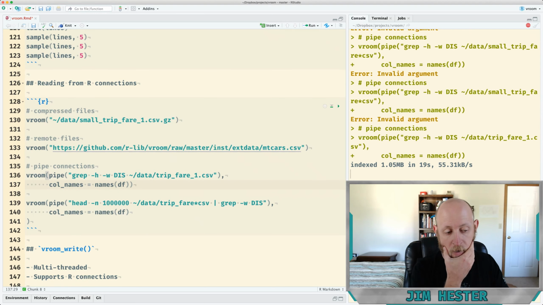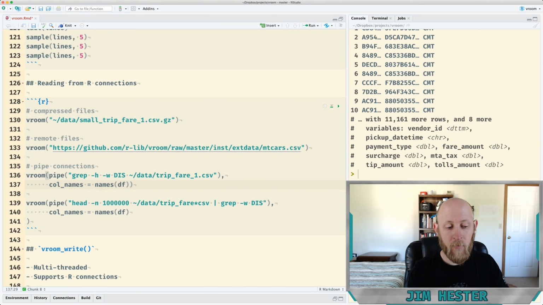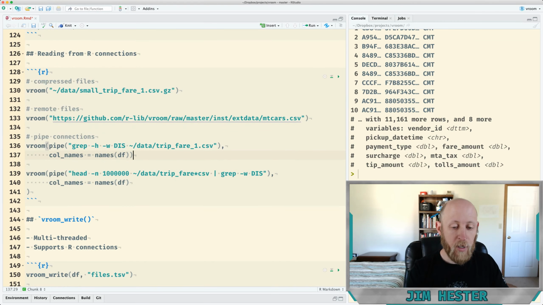And then, so this is really useful when you have extremely big data that maybe won't even fit in your R's memory, and you want to extract just a subset of that. And we can also do this with multiple files. So here I'm taking just the first million lines of each of the big files and grepping for this disputed claim key